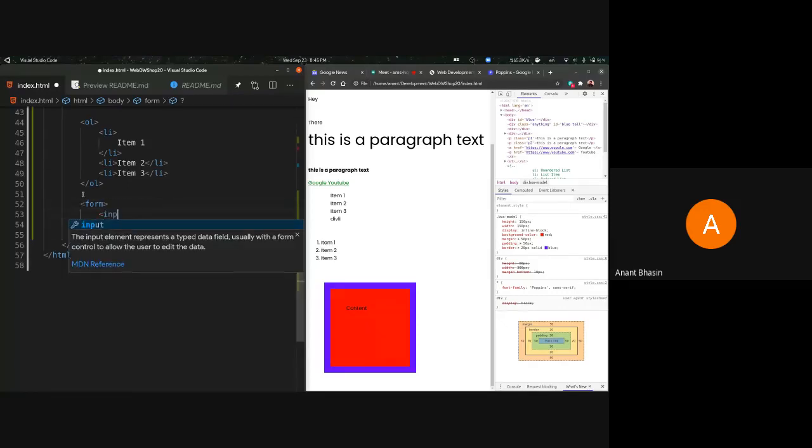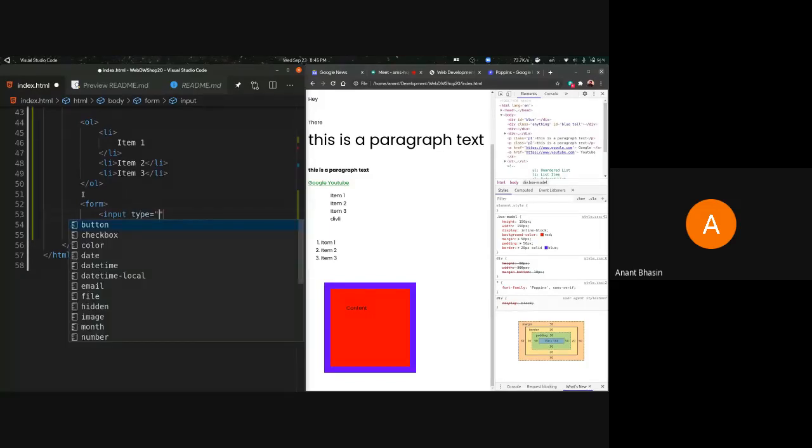I'll add an input. Now this input tag would have some attributes, so I can make it of different types. This can be a button, a checkbox, a color selector, date selector, date time, and there's a lot of stuff over here. Email validation, file selector, and a lot more. For right now, we're going to use a text input. We'll also give it a placeholder.